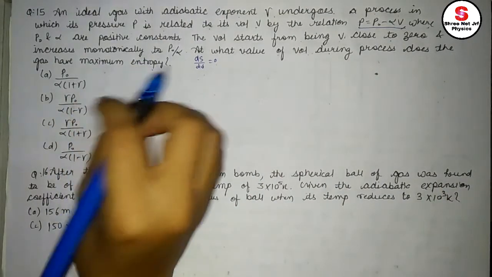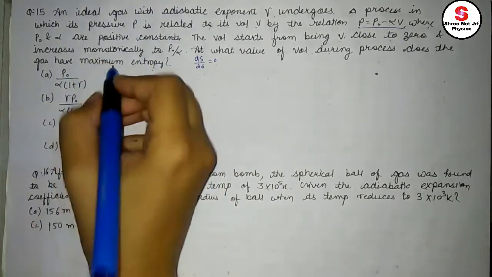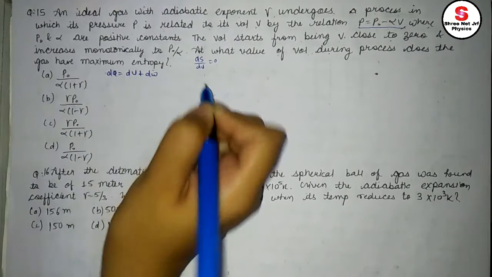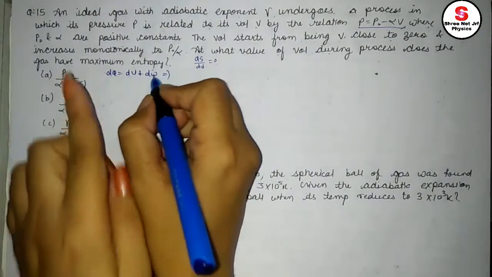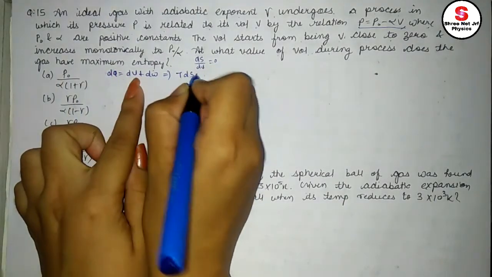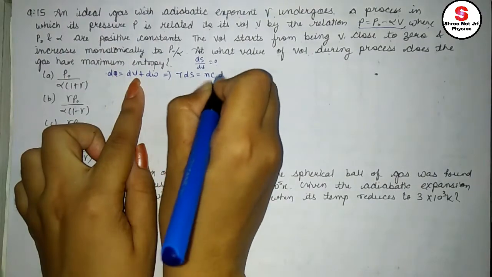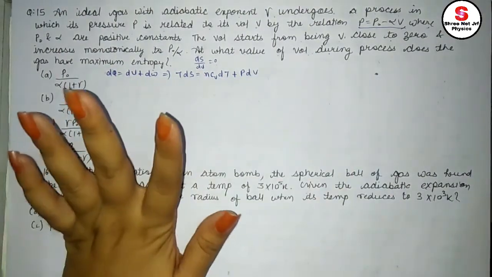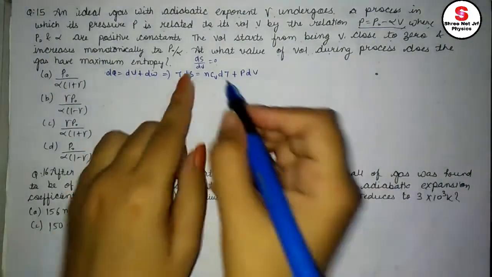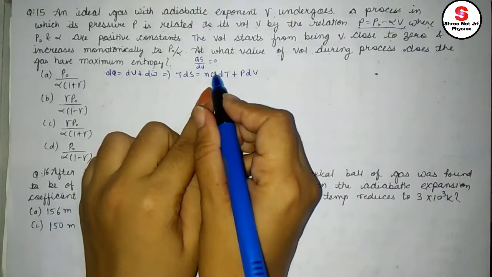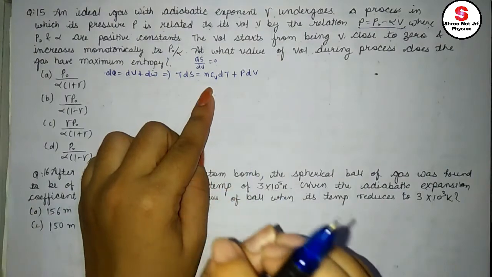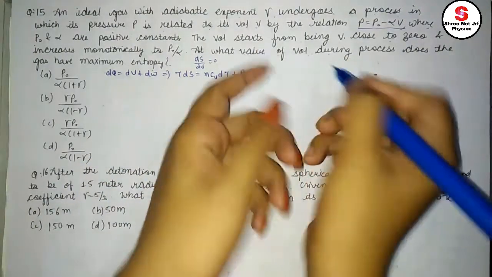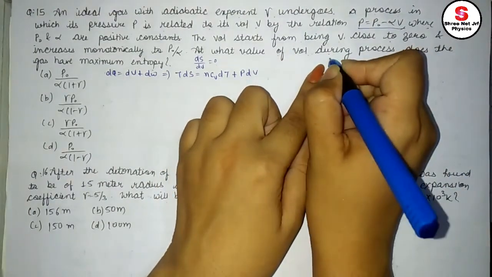Just apply, first of all, the first law of thermodynamics. What it says is dQ is equal to dU plus dW, right? I can write dQ as T dS, dU as Cv dT, and dW as P dV. All these things are, I hope, clear to you. Now we need to put the value of Cv here in terms of the given quantities, just to see how I do it. I hope you would know, but still I think I should explain it at least once.